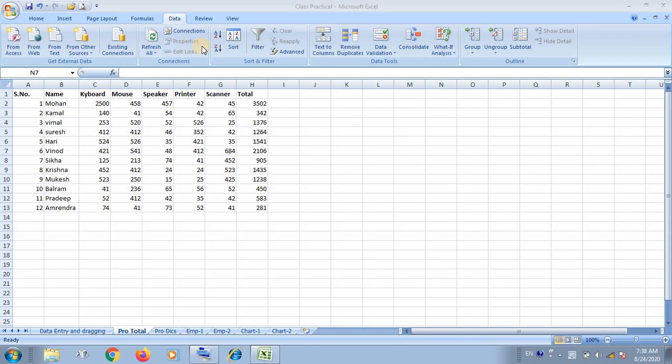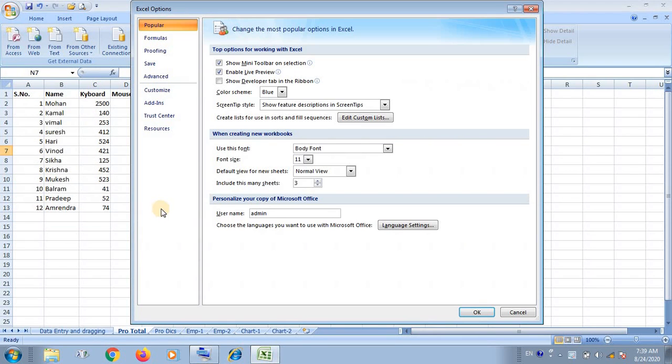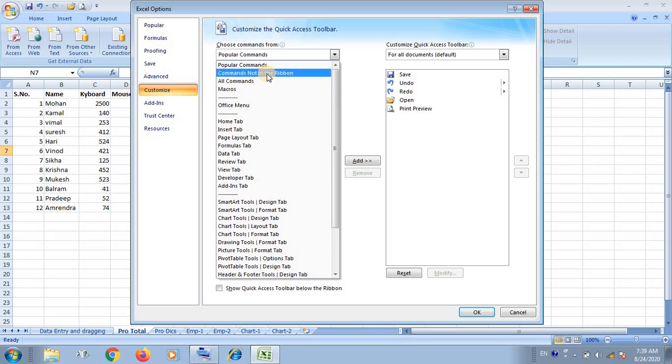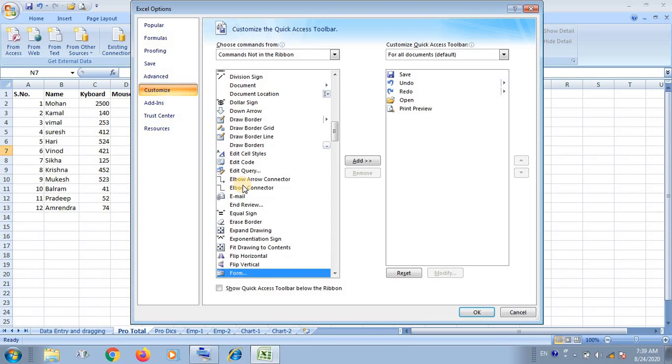The data form option is not here. You have to add the data form to the quick access toolbar. How can you do it? You have to go to Excel options first and go to customization. Select the commands not in the ribbon, and then you will find the form option.